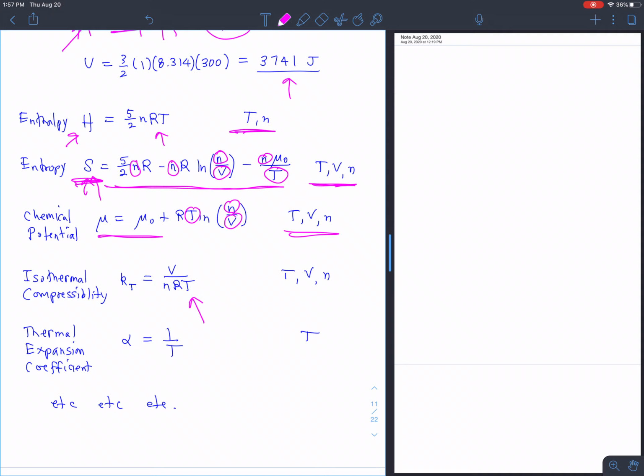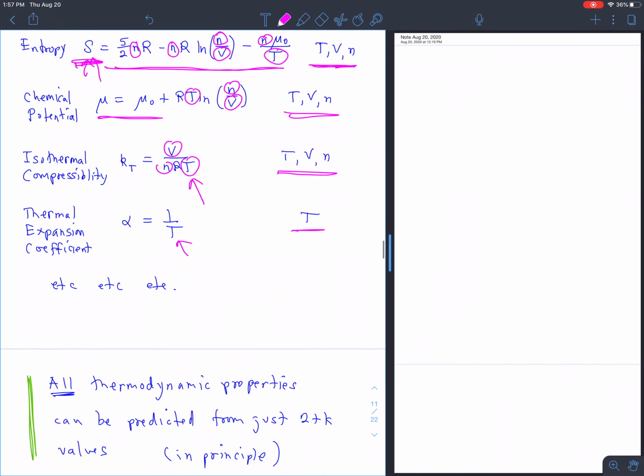Isothermal compressibility, now we're getting into more unusual properties. That's V over nRT, depends on V, N, and T. The thermal expansion coefficient, that's how much the gas expands when you change the temperature. It's just 1 over T, and so on, so on, and so on. Every single thermodynamic property can be predicted from just 3 numbers. The 3 numbers correspond to a thermodynamic state